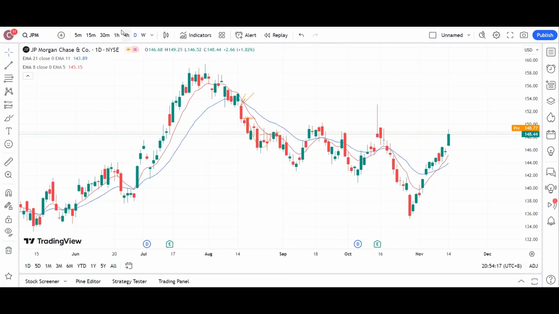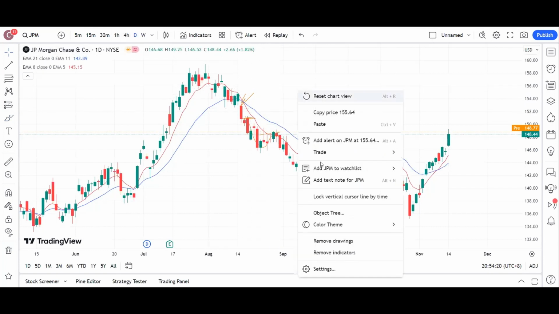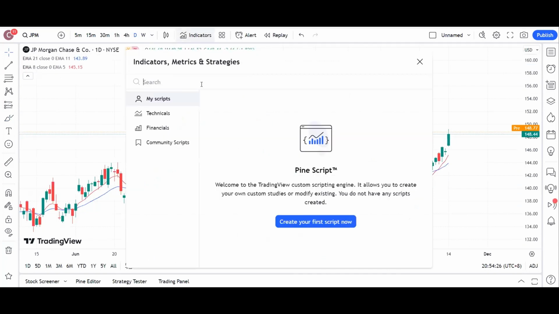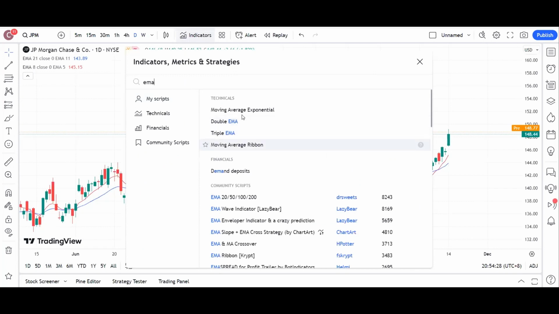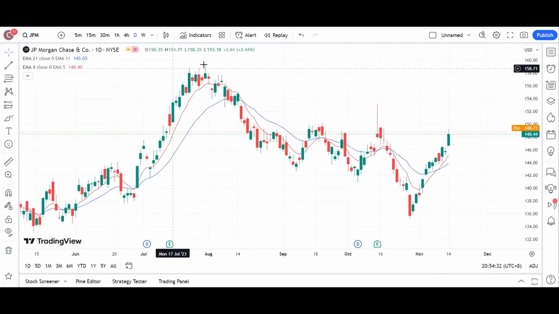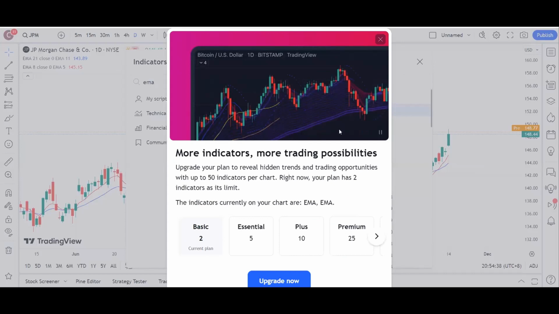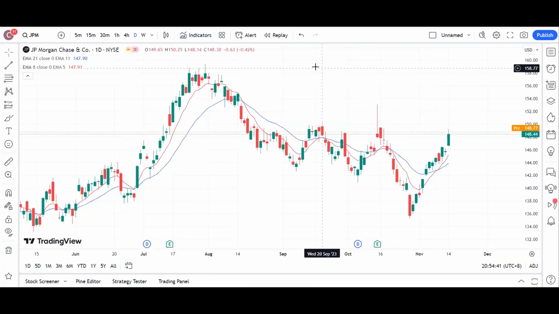Of course, you have a lot more lines, and the lines also make a difference. Like I told you, for short term you have 8, 13, 21. I throw one more 13 in. Oh, I cannot put too many. Sorry, I cannot put any more. I don't have TradingView Pro. They tell me maximum 2, so I have no choice, I can only use 2 EMAs. But what I'm trying to tell you is